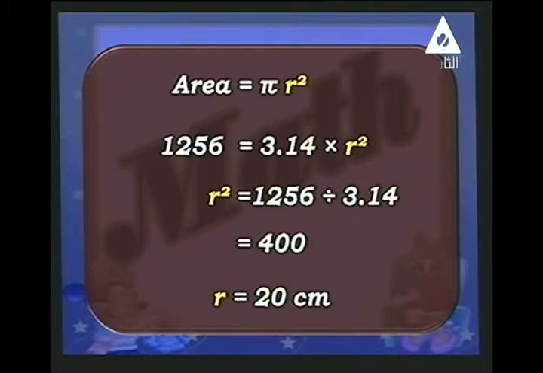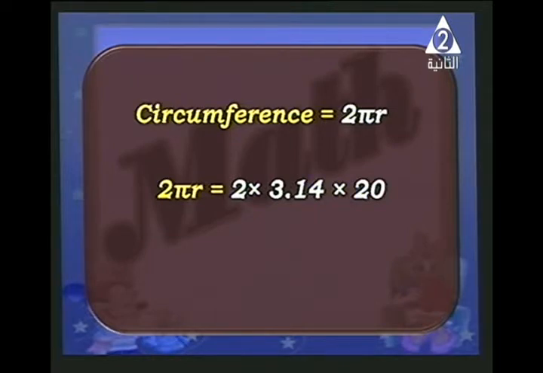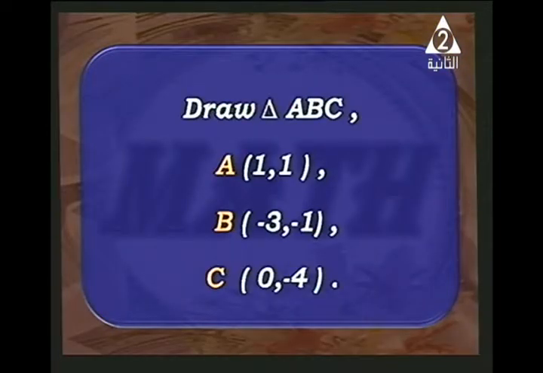Now to find the circumference of the circle, you know that circumference of circle equals 2 pi r. So it is 2 multiplied by 3.14 multiplied by the radius, which is 20, to obtain a result as 125.6 centimeters. Another example. Draw triangle ABC in which A (1, 1), B (negative 3, negative 1), and C